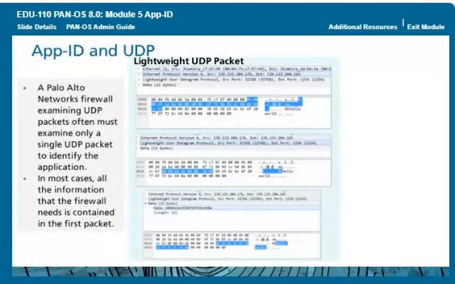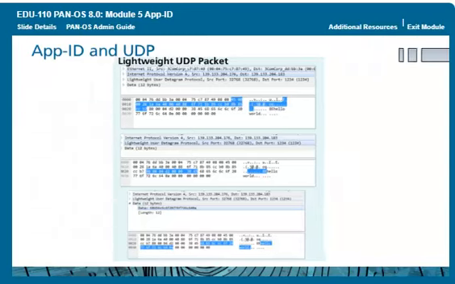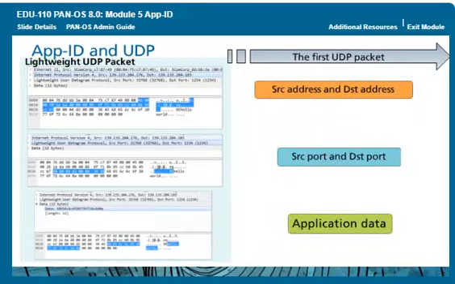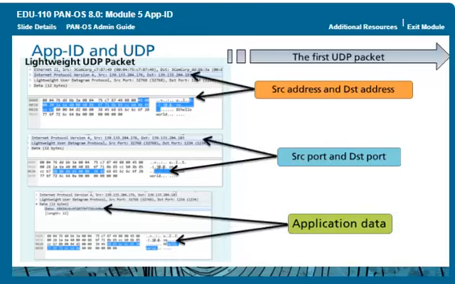A Palo Alto Networks firewall examining UDP packets often must examine only a single UDP packet to identify the application. In most cases, all the information that the firewall needs is contained in the first packet. This example shows a single, lightweight UDP packet. The packet contains all source and destination addressing information. It also includes the application data that will be used to identify the traffic so that it can be processed